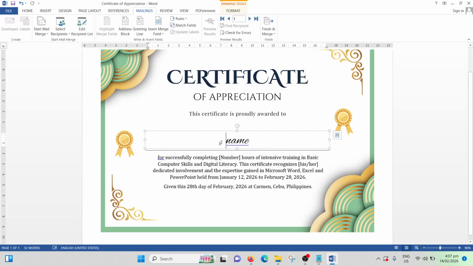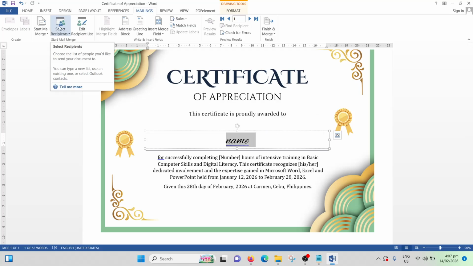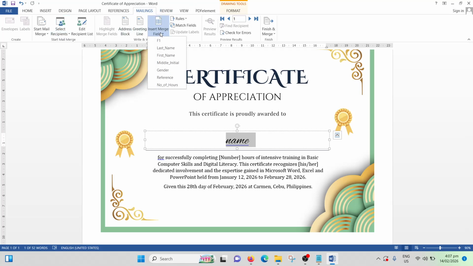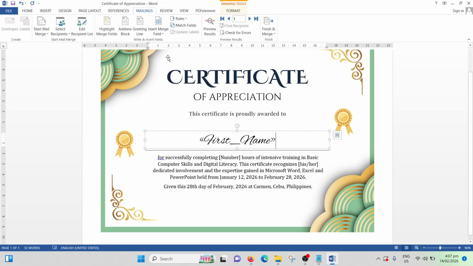Okay. Then after defining a recipient list, we can now insert fields. It depends on the format, but normally in certificates, first name should go first, and then space.